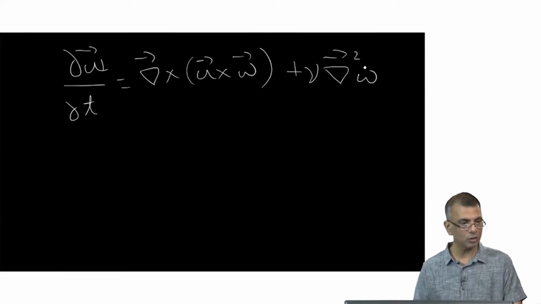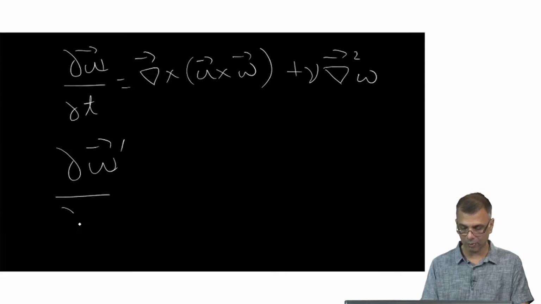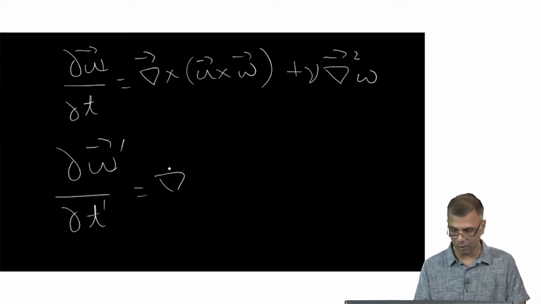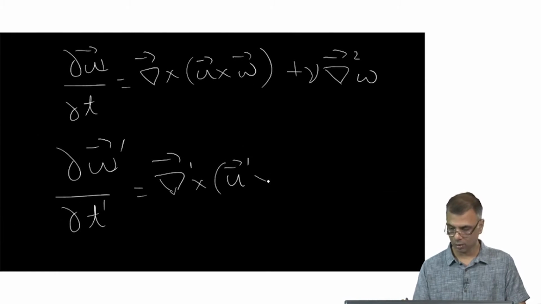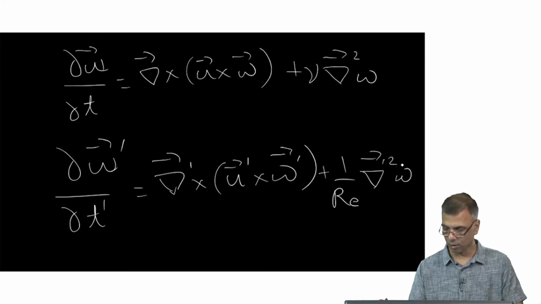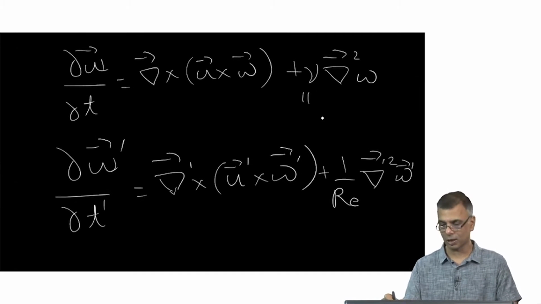Exactly, and so the vorticity equation, when written in a non-dimensionalized form, can be written like that, and this also is a prime. Even the time variable is primed. Plus the familiar 1 over Re appearing again like that. Yeah, so compare this with this, and this is nothing but